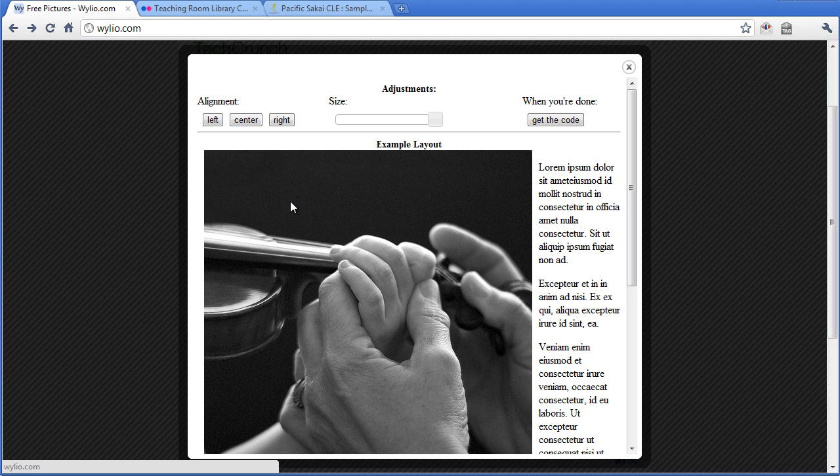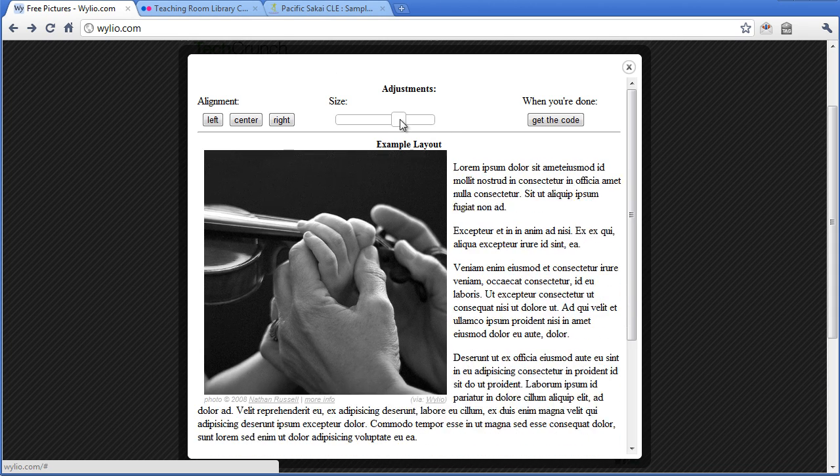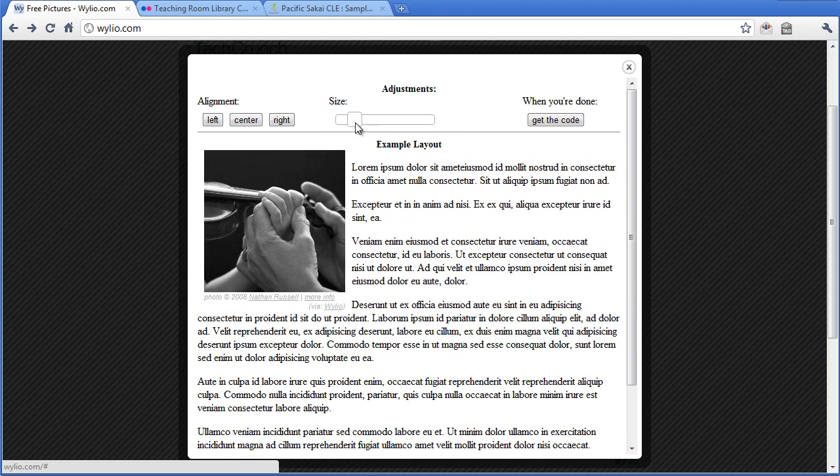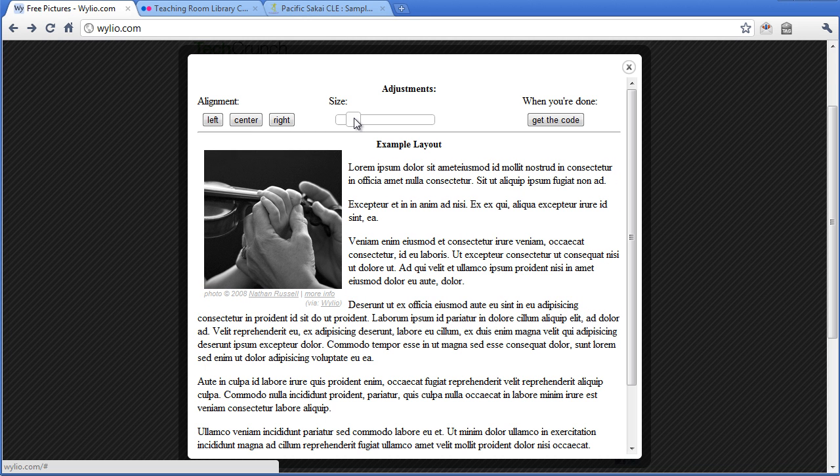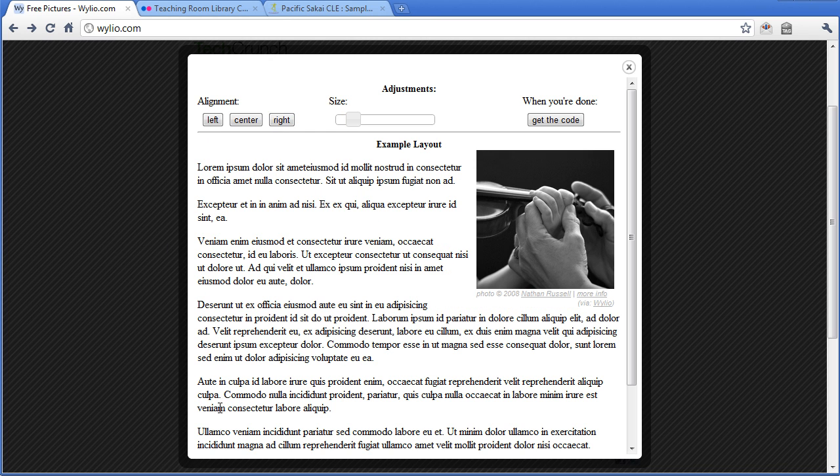So I'm going to take this picture. I like this one. And where Wylio really excels is the fact that now I can say, well, I want a smaller size, and I can adjust it to exactly the amount that I want. You'll notice down here there's attribution with links. You don't have to worry about having to enter those manually. And if I want to format it on the page to go to the right, I can do that as well. Once I get it the way that I like, I click Get Code,